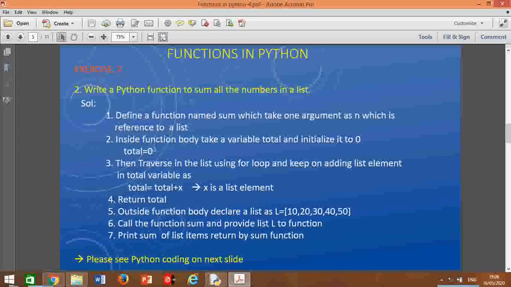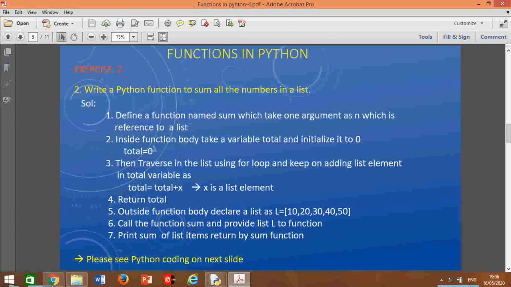Like the previous question, first I am deciding the name of the function, then how many arguments this function requires: one argument, because it is taking a list as a parameter. Here I am taking one argument, let us say n, which is a reference to the list. Inside the function body I take one variable which will find the total of all the elements of the list, let us say total or t.